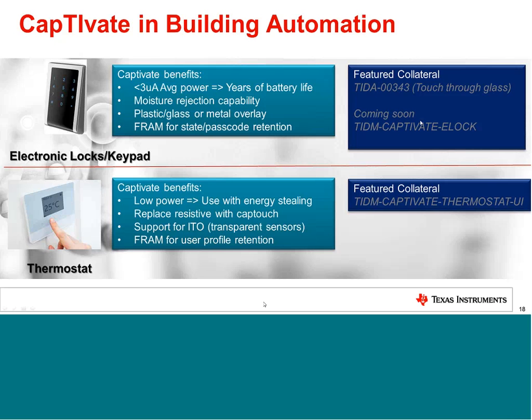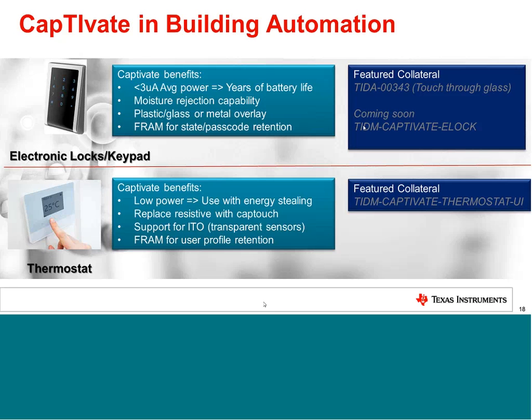And TI design, for those of you that are not familiar with it, is actually a comprehensive design with all the schematics, Gerber, software associated with certain end applications. So we have a TI design coming out which will basically show how to operate an E-lock at less than 3 microamps average power, getting you years of battery life. This TI design will also go through how to improve moisture rejection capabilities. Again, if it is in a wet environment where you're throwing water at it, gunk at it,